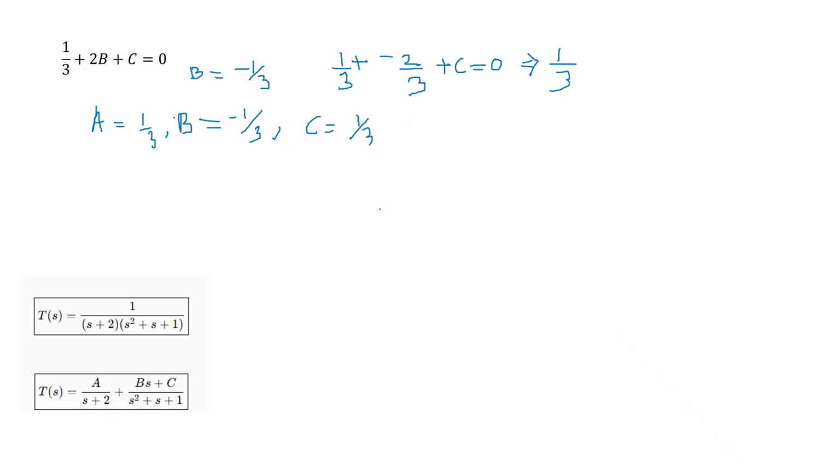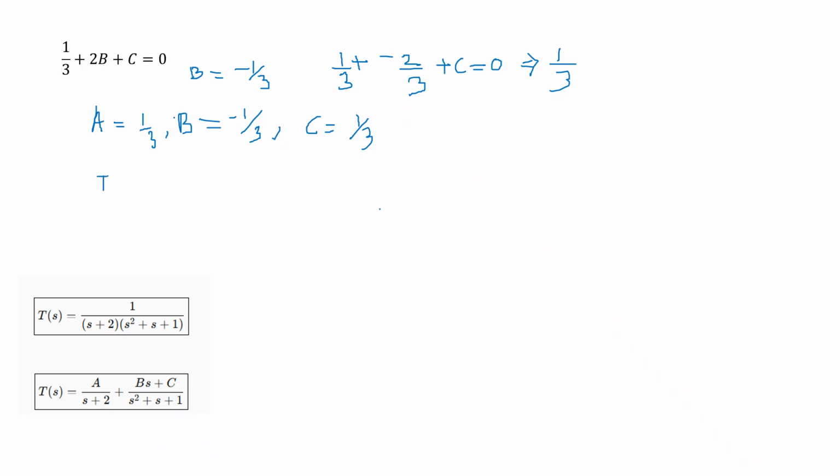We are going to substitute these values in the equation that we have obtained by partial fraction expansion. That is the transfer function equation which is already here. In this equation we are going to substitute these values. So what will be the equation? Again, when we substitute these values here, you get it as